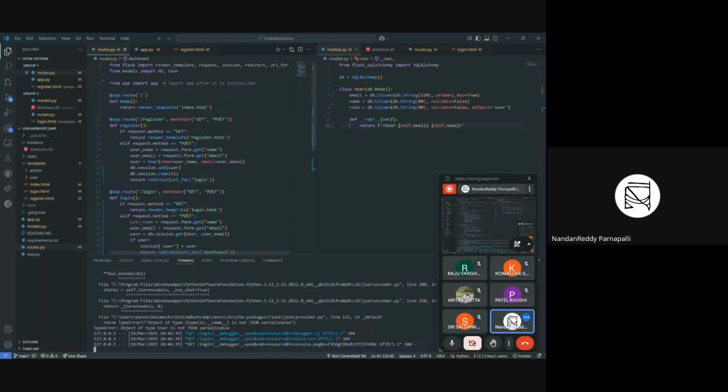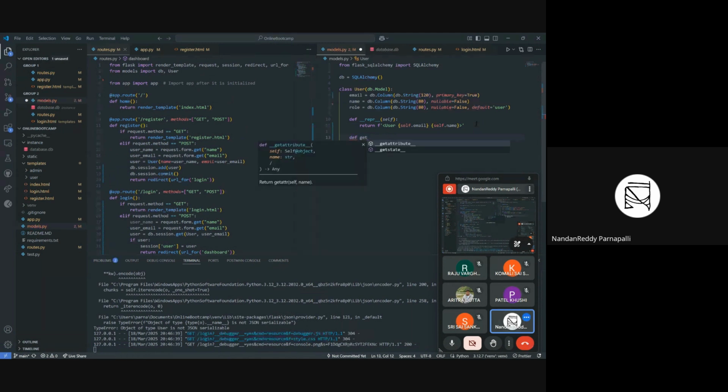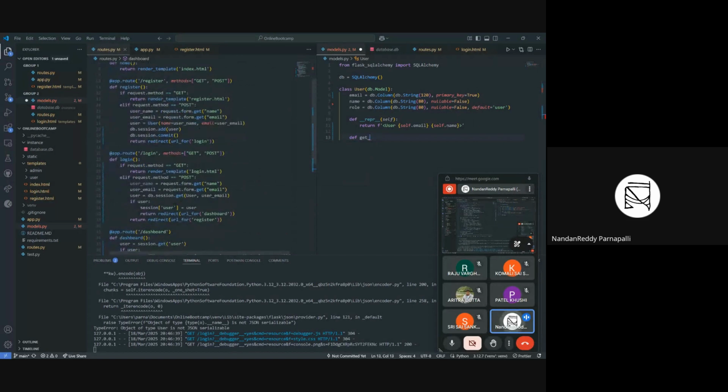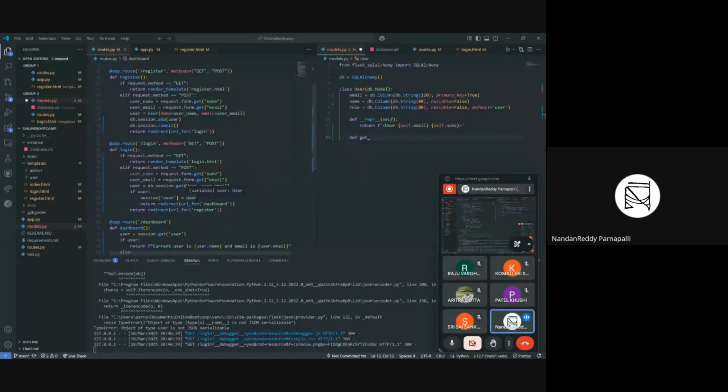Instead of that, what we can do is in this user table itself, we can add a get JSON method. After the user logged in, in the session we are trying to store the user information, but it is of a different type, so it is not able to convert it to JSON. That was causing the issue. What we can do is get dictionary, and we will return